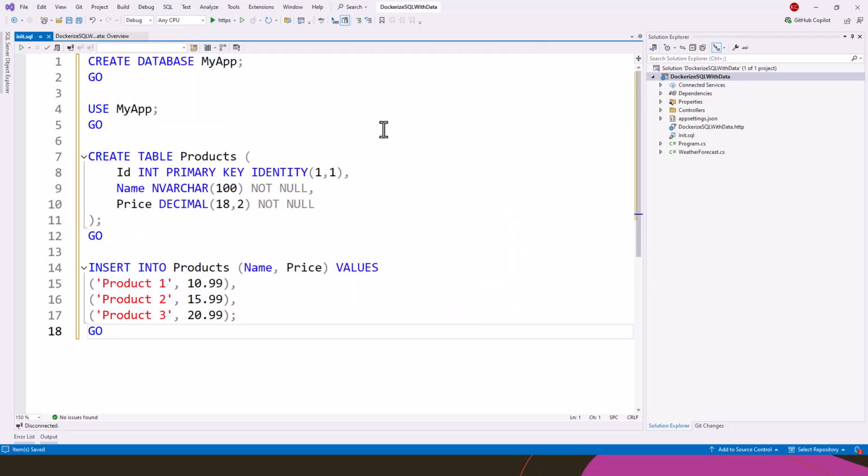You can see this is a simple script which creates the database my app and uses that database, and it creates a product table with an ID column, a name column and a price column, and inserts three simple entries, three records into the product table. Once the product table in the my app database is created, we can verify everything, which we are going to do. Okay. So next we will